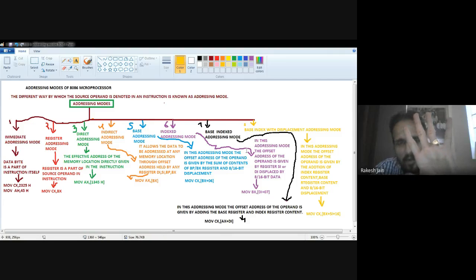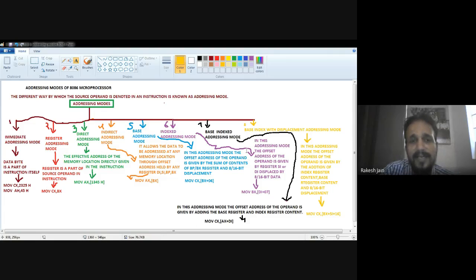But in the 8086 microprocessor, as you can see in front of you, there are 8 different addressing modes: immediate, register, direct, indirect, base, index, base index, and base index with displacement addressing mode. So a large number of addressing modes compared with the 8085 microprocessor.